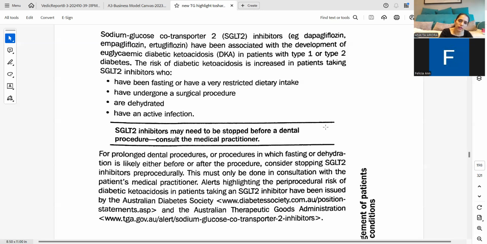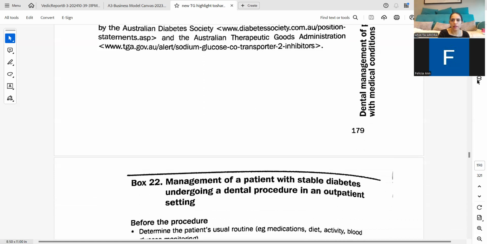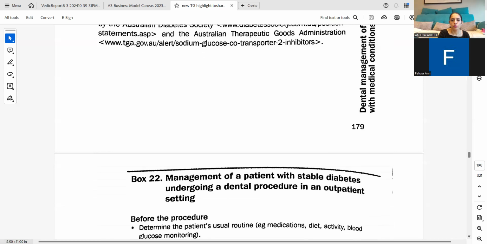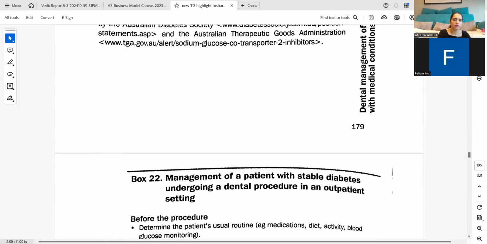So this is an area of being attentive and asking the history of whether they are on these medicines, SGLT2 inhibitors. If that is there, it might be required to stop it. But would we stop it, or would we consult the medical physician? It's best to consult the medical physician,